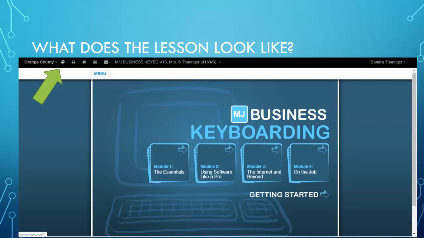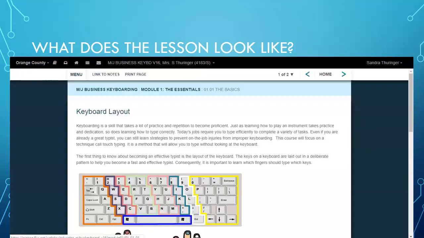The lessons build upon each other, so you need to make sure and do them as directed. So you will notice that the first icon is a book. That is, your first icon is the lessons area. If you go to the very first lesson, module 1, and you go into the Essentials 1.01, the basics, you will see that this is your actual first lesson. You need to make sure and read the entire lesson. So you would read this page, and as you can see from over here,